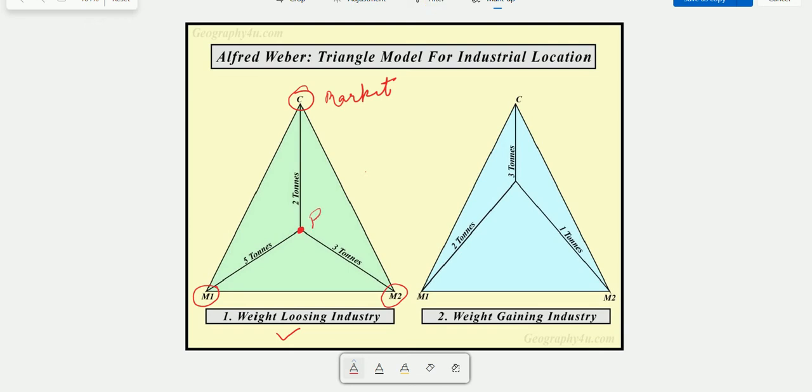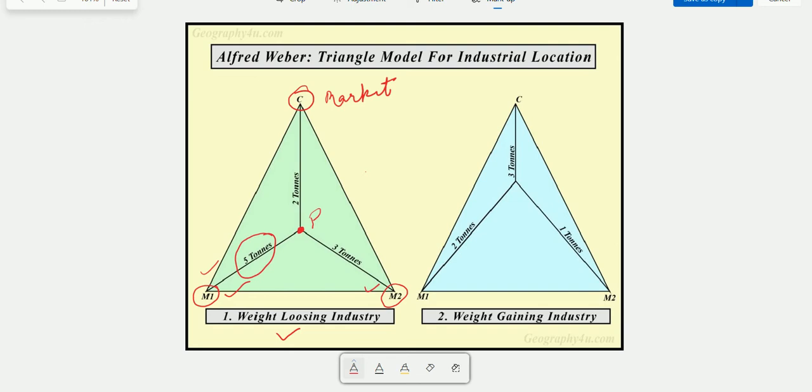And in the case of weight-losing industry, the manufacturing unit is located nearby the source of the raw material to reduce the transportation costs. Okay, just see here. In this case, say 5 tons of raw materials are taken from M1, say for example